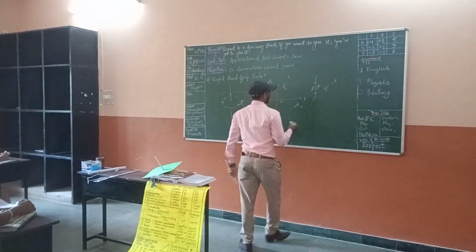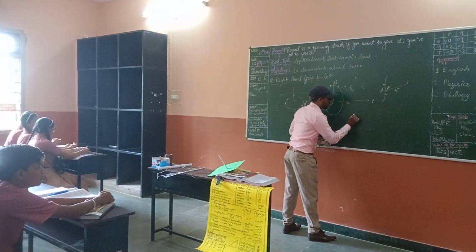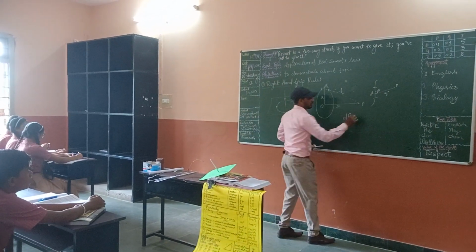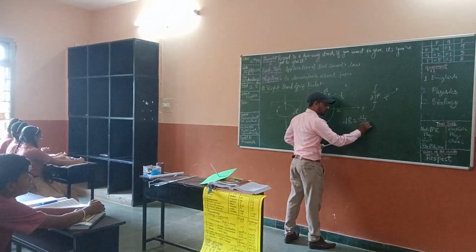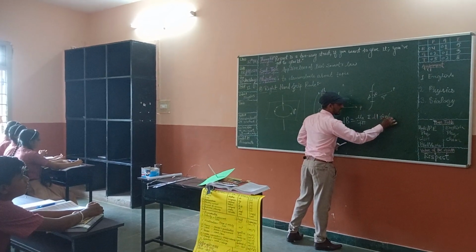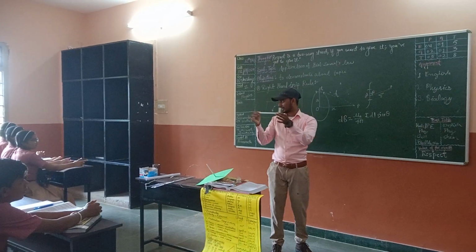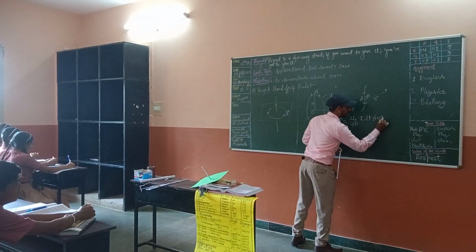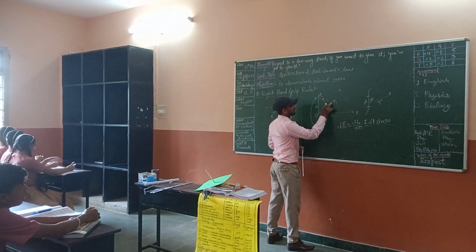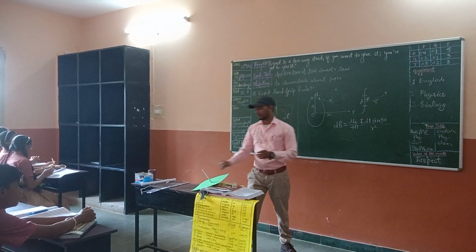So according to this we have a formula. Look here. If we are talking about dB, what is the formula of Biot-Savart's law? Can you tell me? Mu naught upon 4 pi, I dl sin theta. Right now, in place of theta, what are we using here? 90 degrees. So there will be sin 90, divided by the value of this line, r. So we can say r square.